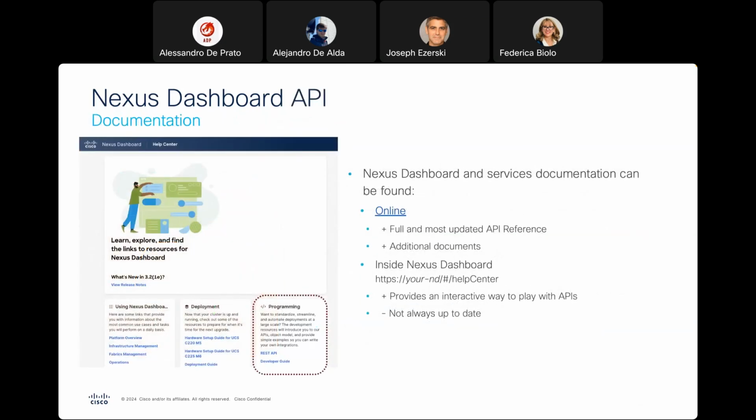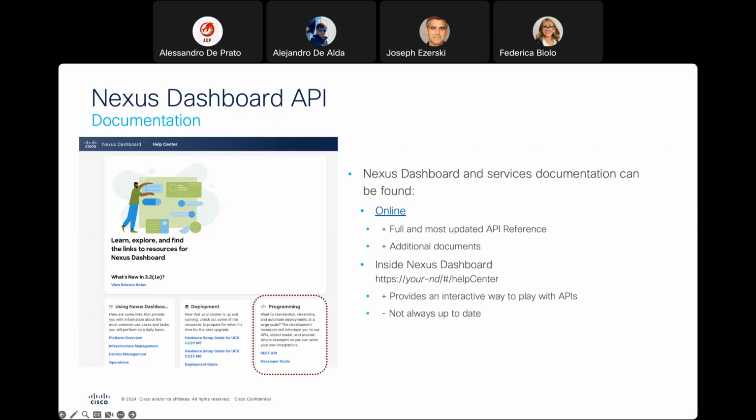Where can you find documentation about APIs? Because this is the most important thing if you plan to have some sort of direct interaction with the APIs. Now, there are two places. An online page, which I'm going to paste into the chat as we speak. The online page provides you a developer guide, which is going to contain basically a getting started guide, some general information on how you have to handle authentication, how you have to make the API calls, what are the structures, and so on. And it also contains an API reference, which is very important,